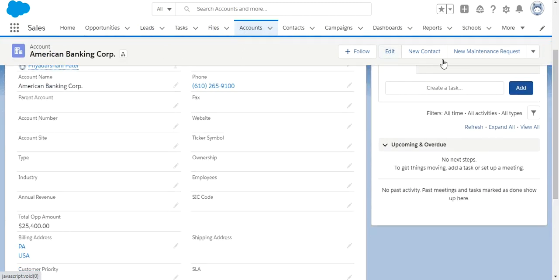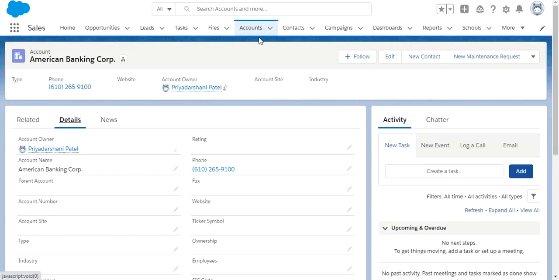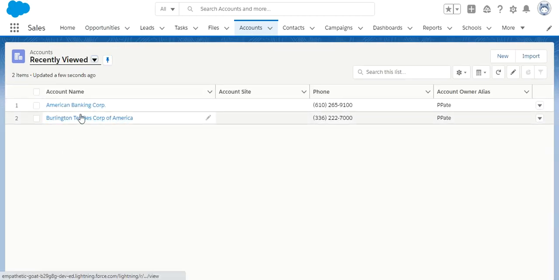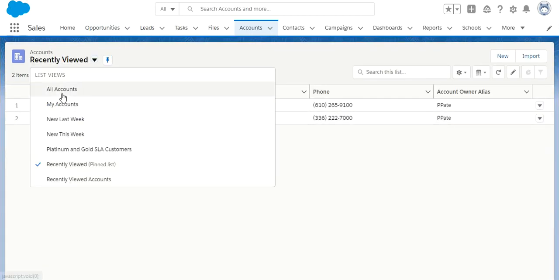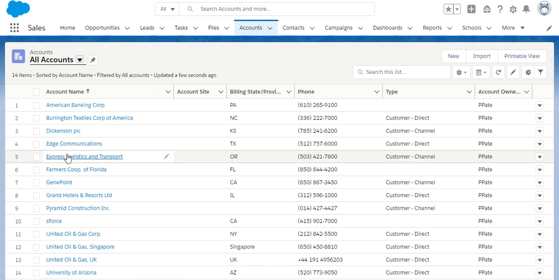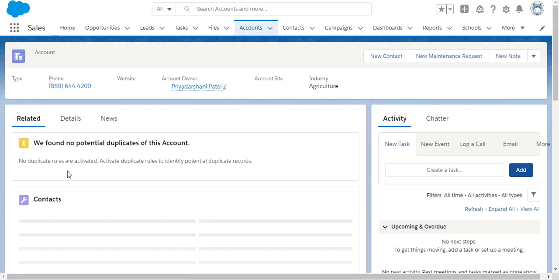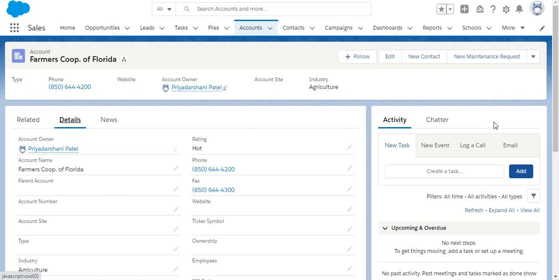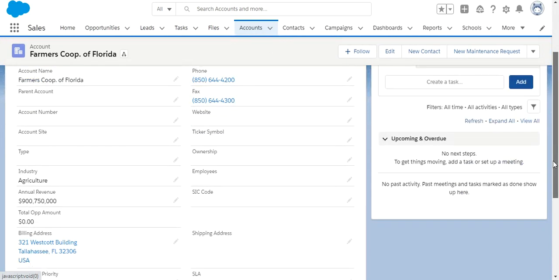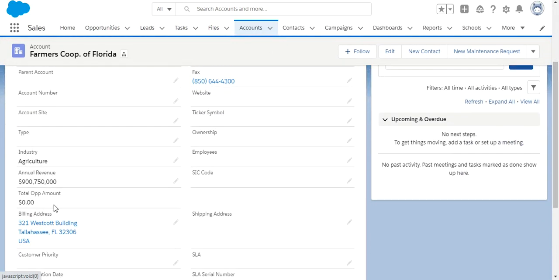Now let's select another record, all accounts, and open this one, and the detail. So here you can see total opportunity amount is 0. Why?